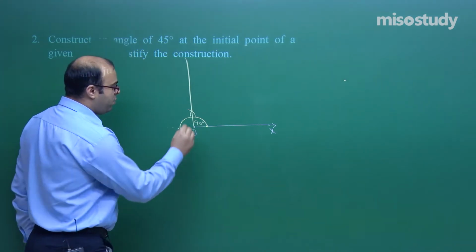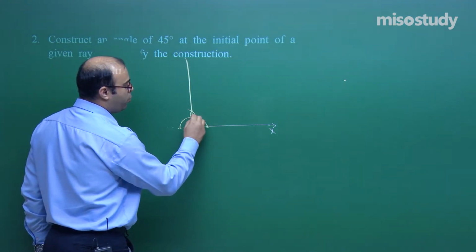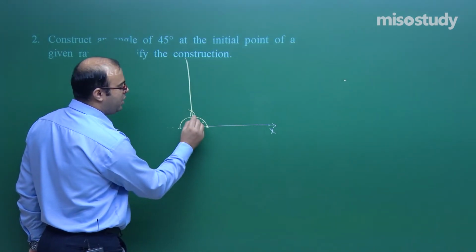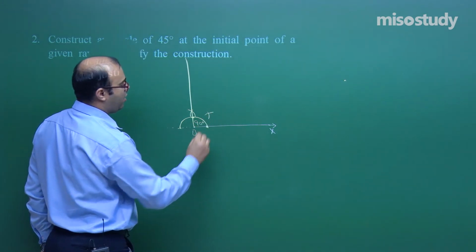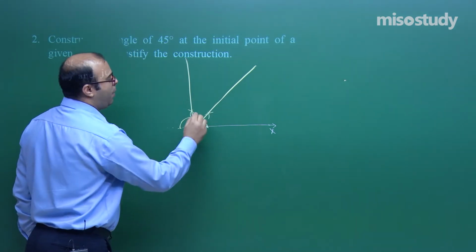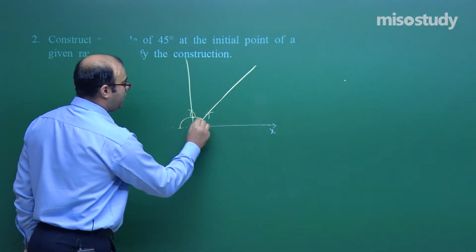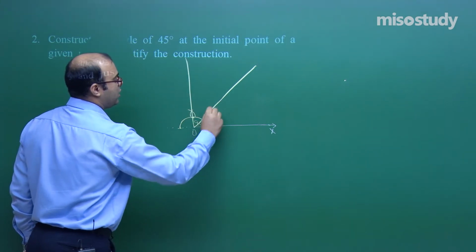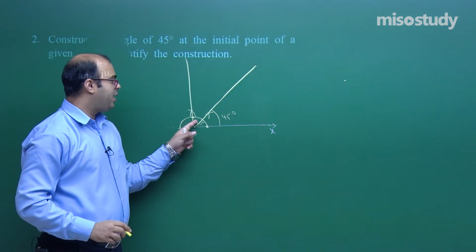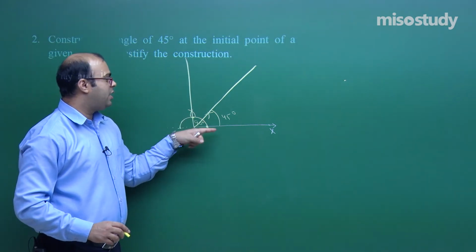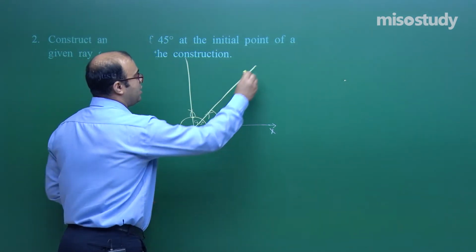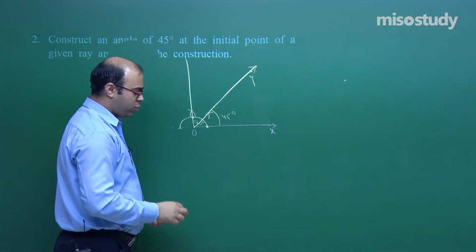What we do next? We take this point and this point, the 2 points here, and take the length greater than half of this length, and make an arc from here and make an arc from here, taking equal radii, and we will join them. So this is further the angle bisector of this 90 degree. We have taken these 2 points for making 2 arcs. So this is 45 degree now. So again we will say that this is the angle bisector. So it is 90 degree, and this is the angle bisector of this 90 degree. So it is 45 degree. So this angle which we see here, XOY, is actually angle 45 degree, students.